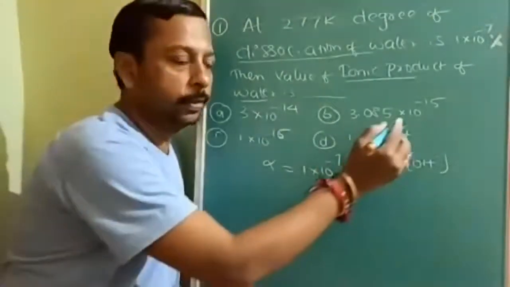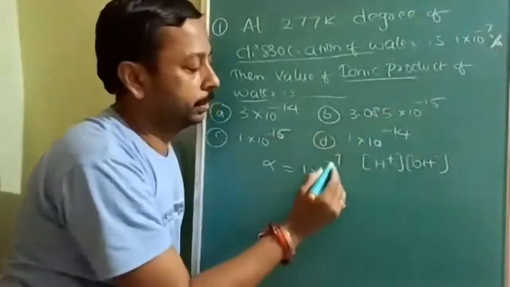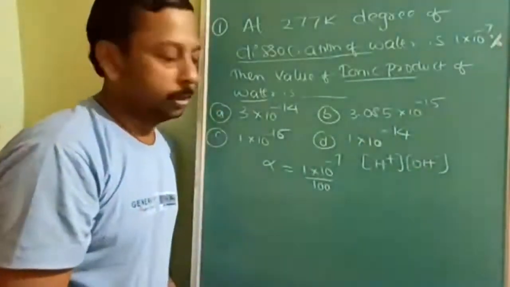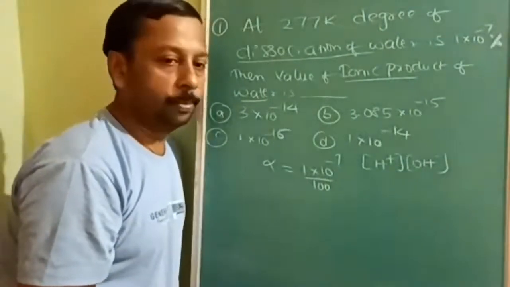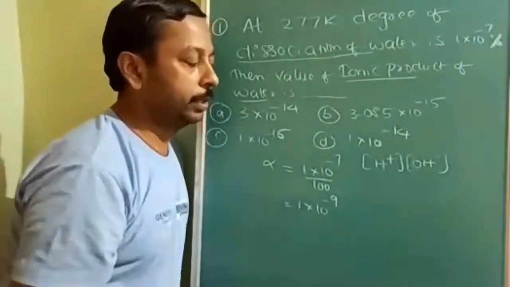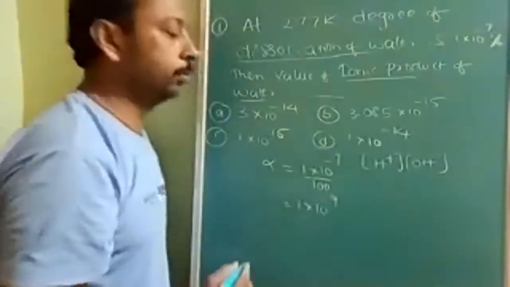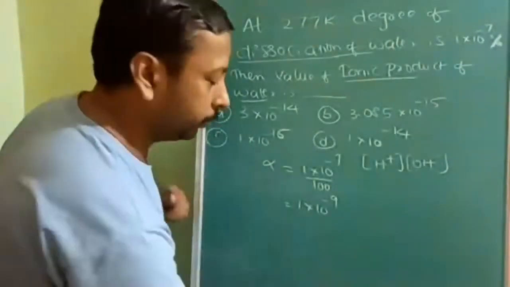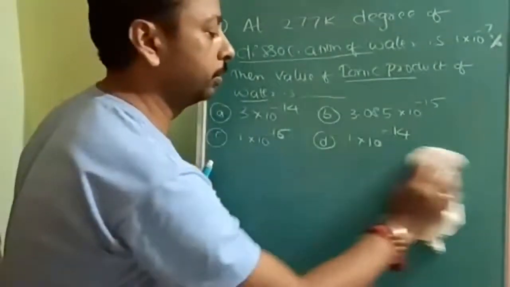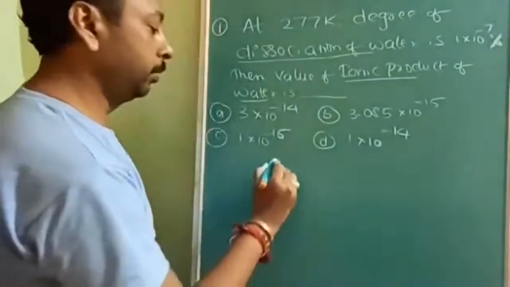Okay, here see, one more twist is also there. Percentage, that means upon 100, alpha is equal to 1 into 10 to the power of minus 7. That means 1 into 10 to the power of minus 9 is alpha, and this you have to find out. Whatever is given I have written here, and what you have to find out, that also I have written. So I am explaining now.